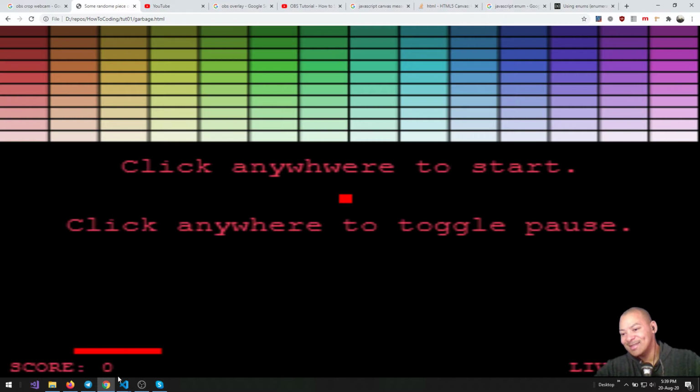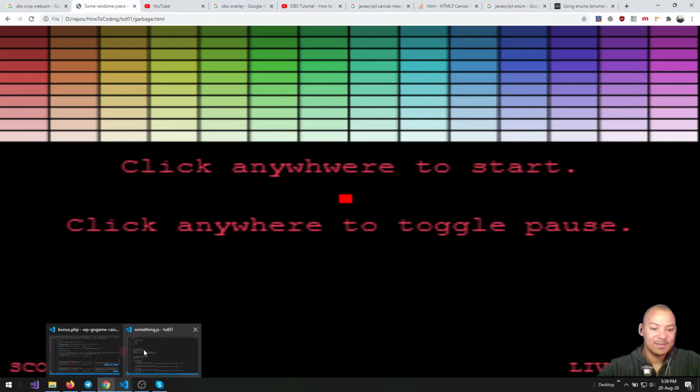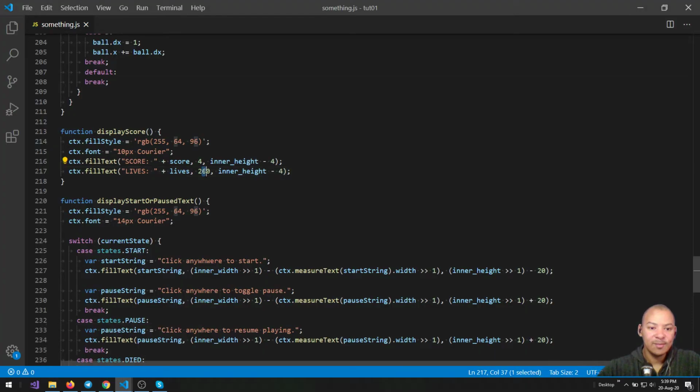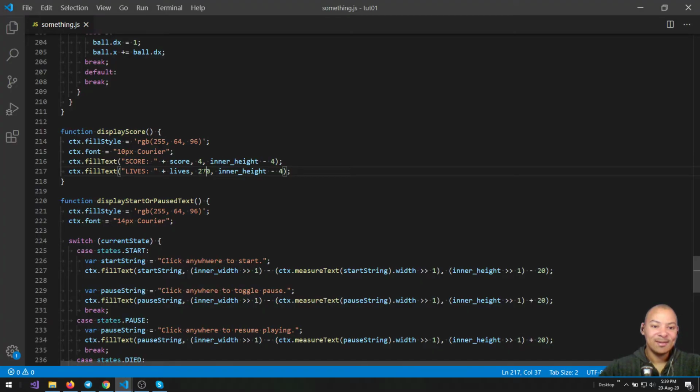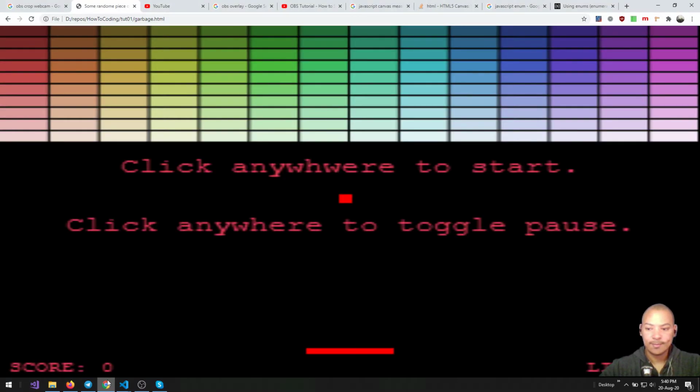70? 65? Let's do 70. Let's just do 70 to 70. 10 pixels is a huge gap, but let's just do that. 260. How many pixels is this? I feel like this is 2 pixels off. Let's just subtract 2 pixels. 268. Yeah, close enough. Okay, so now we've got a score and a lives, and we need a way to be